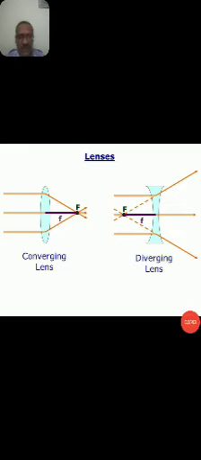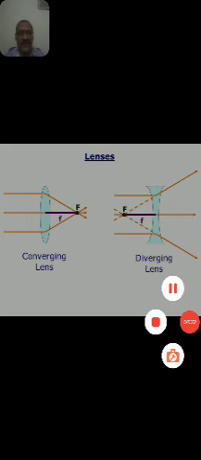This also gives more clarification about converging and diverging lenses. The left diagram indicates the convex lens, which is called a converging lens, and the horizontal blue color line is called the focal length F in the case of a convex lens. In the right side diagram, light rays fall on the lens and converge at the capital F point. Then the distance from the mid portion of the lens to the capital F point is called the focal length in the case of a diverging lens or concave lens. These are the differences between convex and concave lenses and their focal lengths.